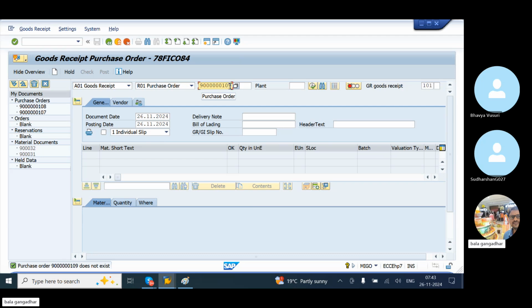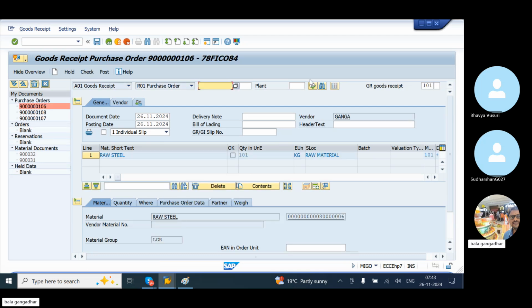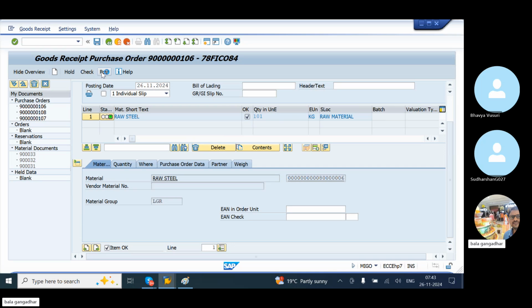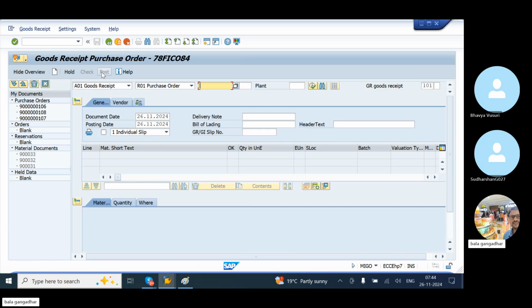Is 6 there, is 7 there? 7 is not there. 6 is there. I am posting a total of 2. Check the error and post it. 6 and this one. Now this is ready. Now we have to go to